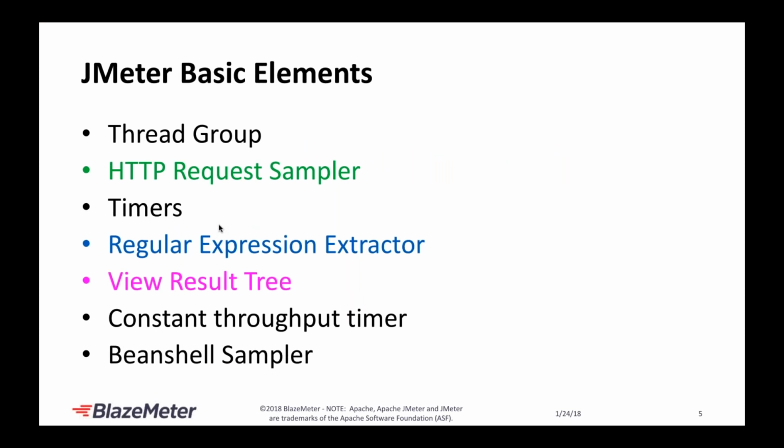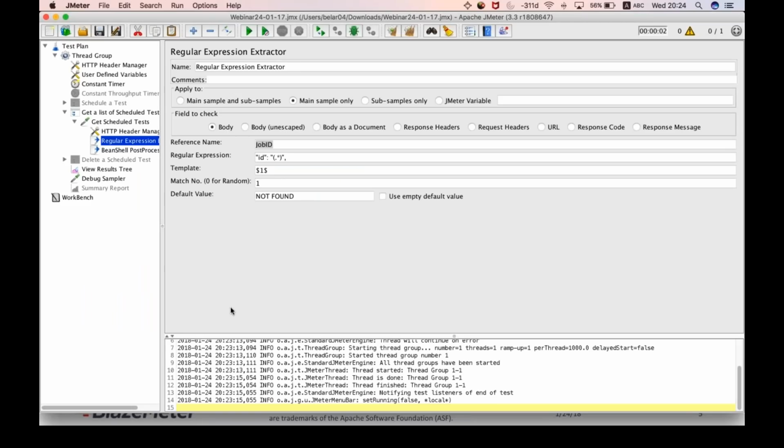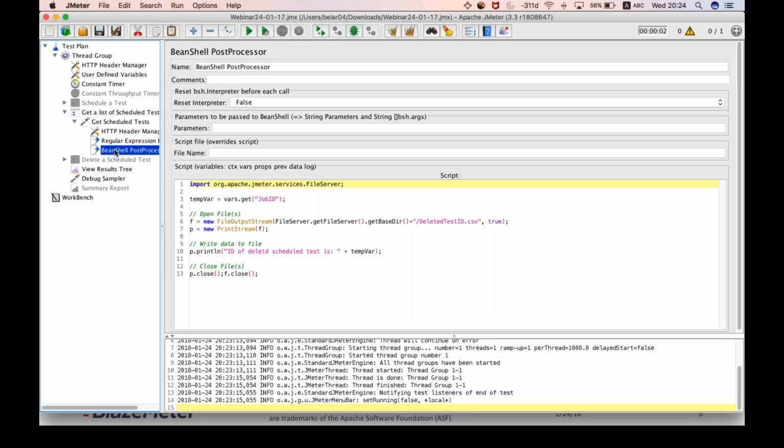Let's go back. Two more things I want to show you here. Bean shell post processor. Bean shell is a scripting language. There are a few different languages: bean shell, Groovy, JavaScript, a lot of scripting languages. One of them is bean shell, and we can use bean shell to do different modifications